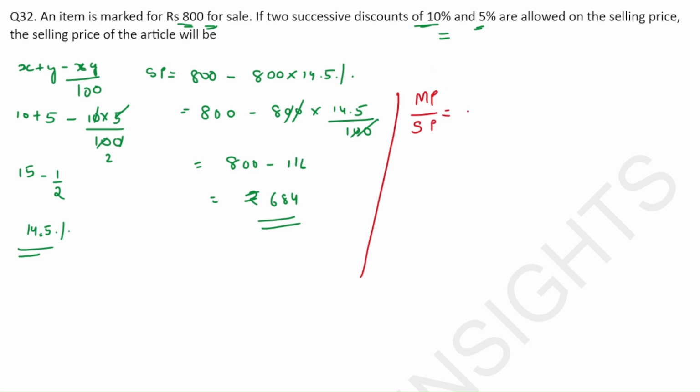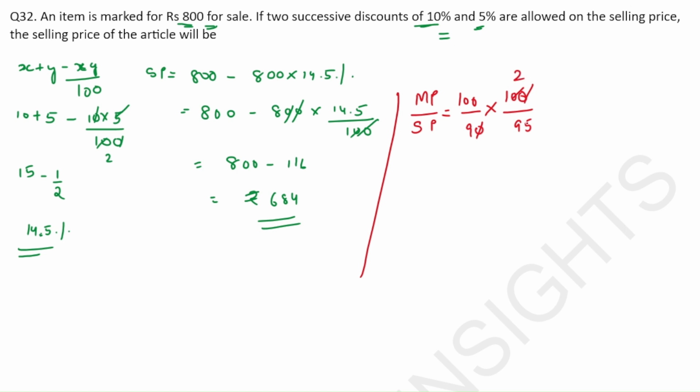So successive discount means if the mark price is 100, the first discount is how much? 10. So that means actual selling price is 90. Similarly, in 5% discount, if 100 is the mark price, after 5% discount, how much? So you're selling the product at 95, right? So if you cancel this, 0 0 cancel,